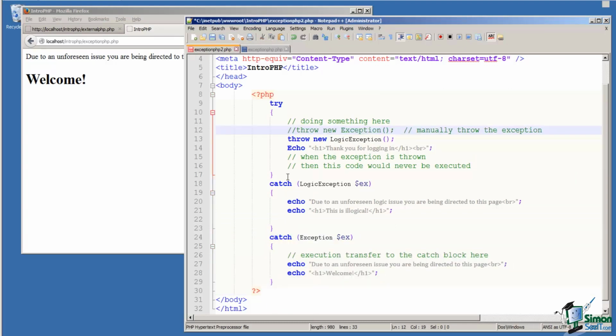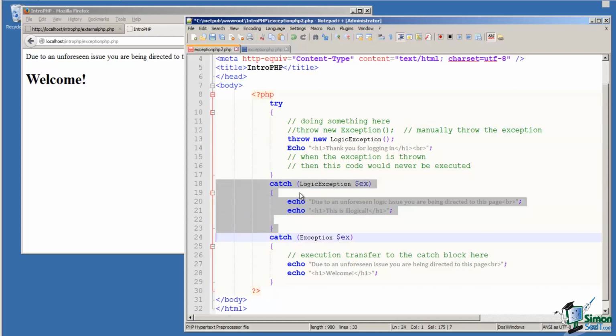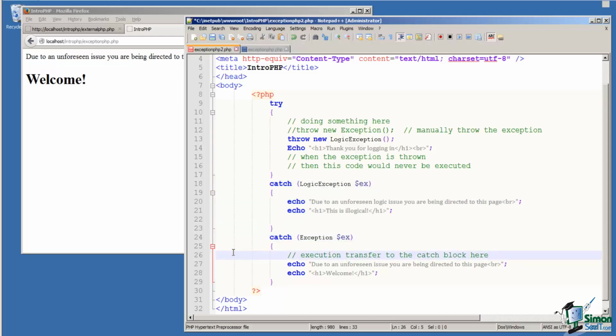So now let's generate a more specific runtime error, a logic exception. So we're going to throw this logic exception and see where the flow of execution is going to be transferred. What we expect is that because this is a type logic exception, the PHP preprocessor will match the catch that's defined for the logic exception type and execute the code in the catch block beginning at line 18. So let's save this,